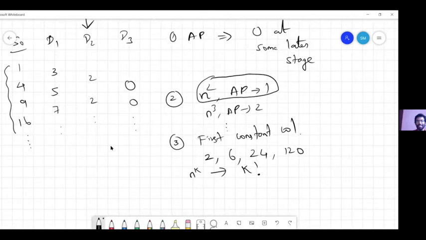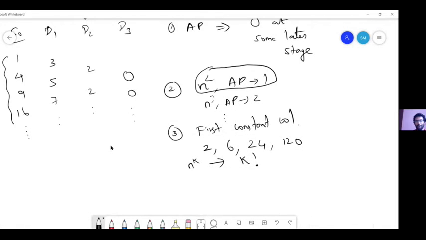Oh, okay, nice. So if you take S0 as a Fibonacci sequence, you can try it out and see what D1, D2, D3, D4, and so on are, if you've not already tried it, right? But can you think of some more sequences which will never reach the zero stage?